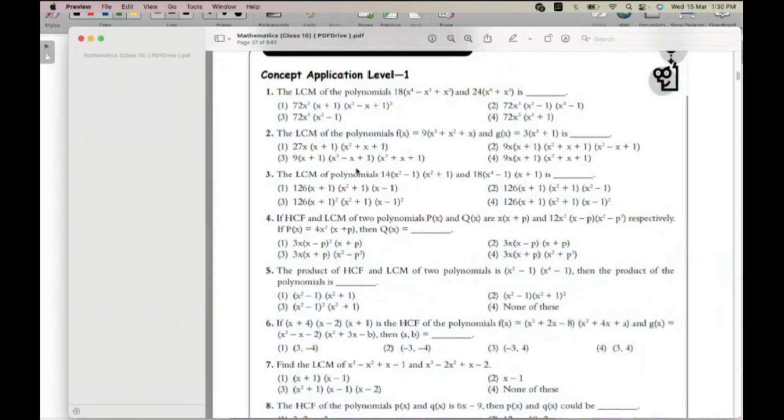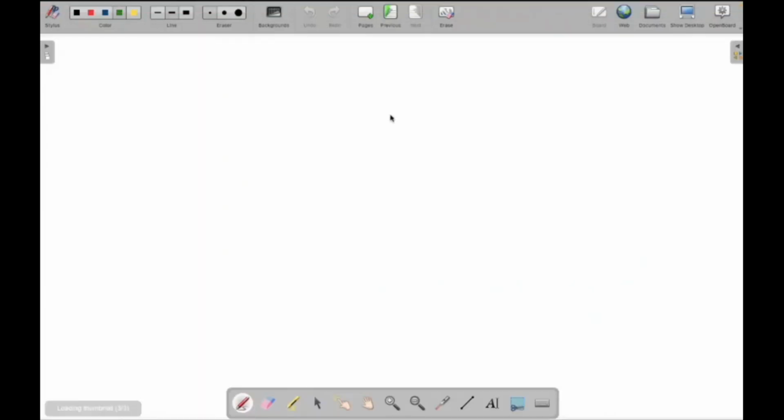Okay. Why LCM is so important is, as I mentioned, because to do the sum of two rational functions, right? We had to take the LCM, and it's something which you have to keep doing. Then only it will come to you. Okay, so let's do the next chapter, which is called